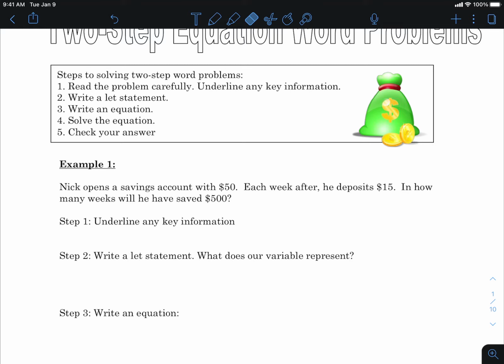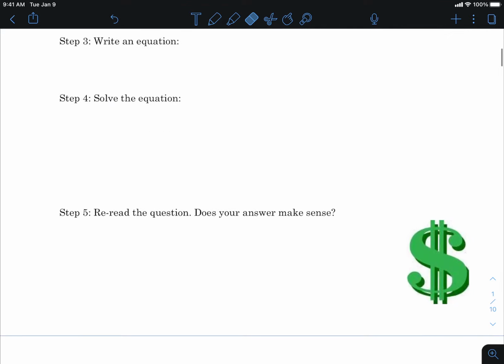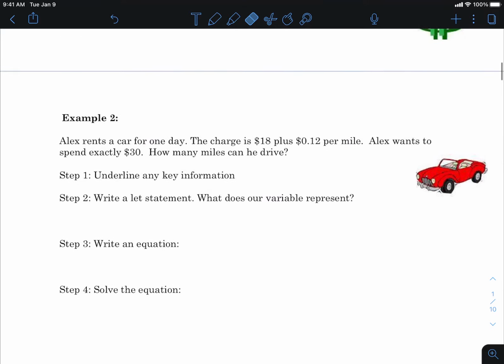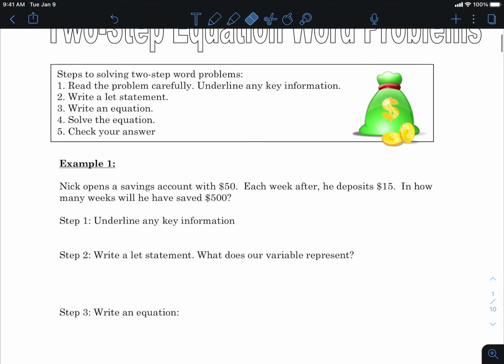Okay, so these are like two-step equations, right? We did a few of these. The top questions are just the exact same thing over and over again. The top couple questions are breaking it down for you, giving you some steps on how to actually solve it. Okay, so what you want to do is read the problem carefully and then underline any key